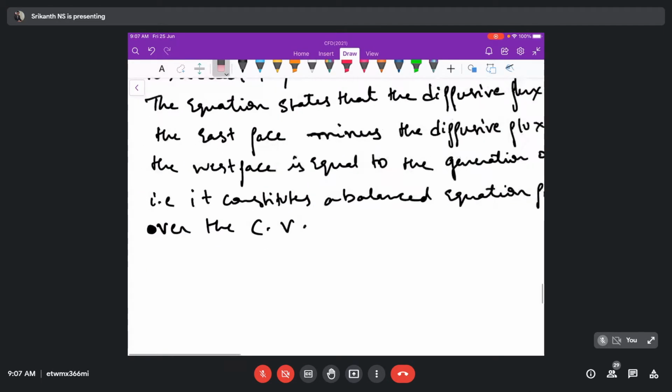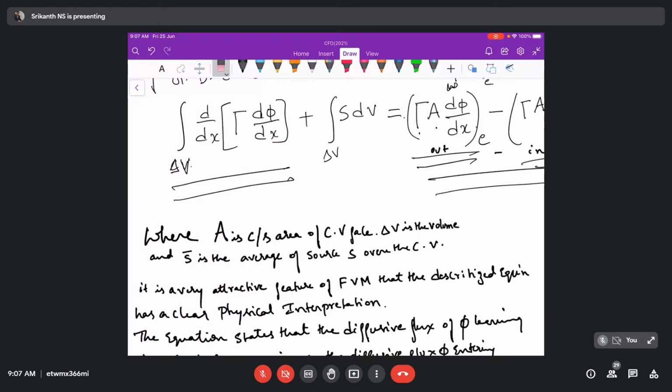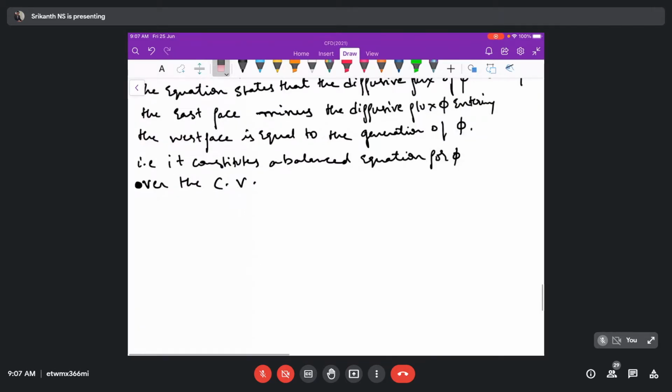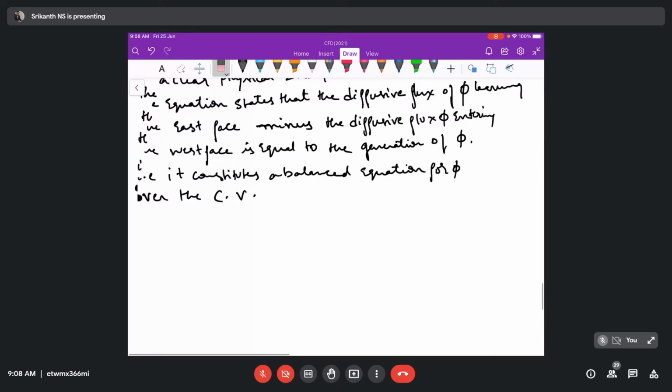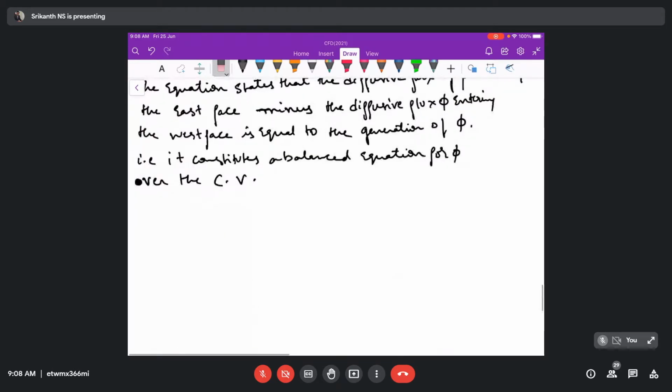Next, we will find out how the properties, suppose you have gamma and area, all those things at the control volume faces, are found. How do we do that? Gamma A into d phi by dx means gamma at face E and area at face E. So how do we find gamma at the east face? We have to do some sort of approximation. We use the property at the east node and west node and take the average of it, in linear form. So we have to do some approximation, correct?